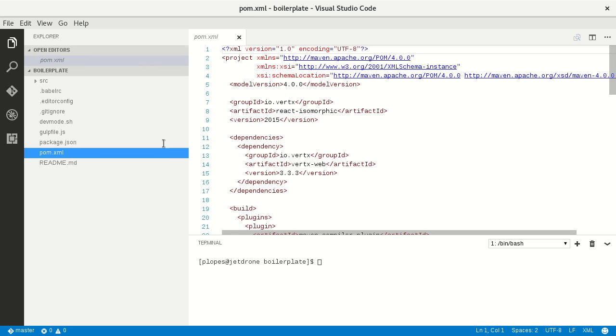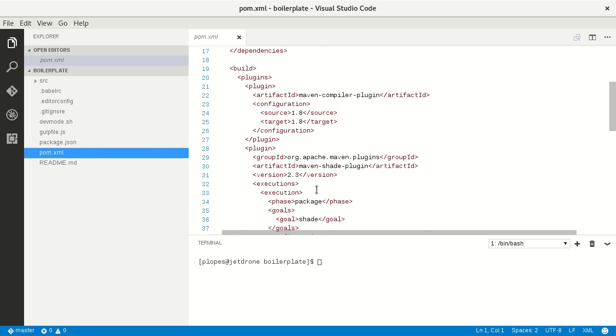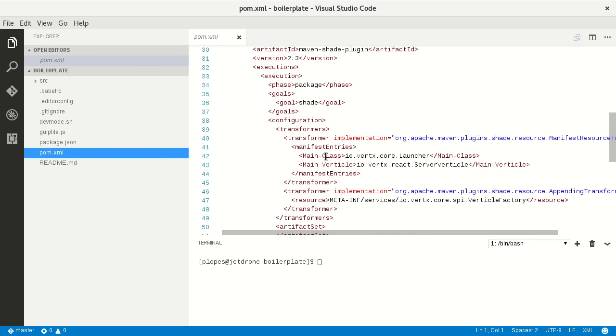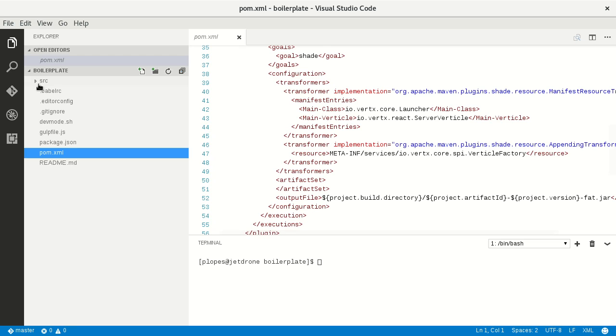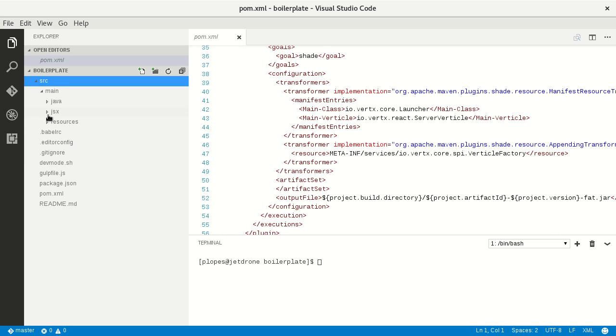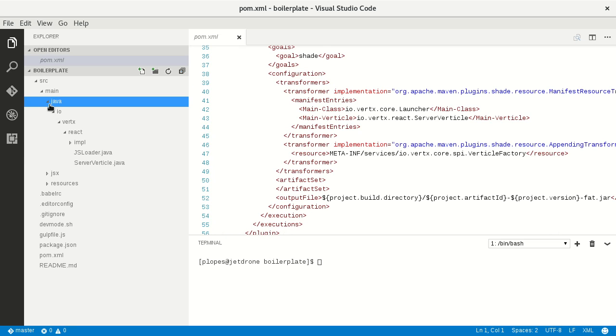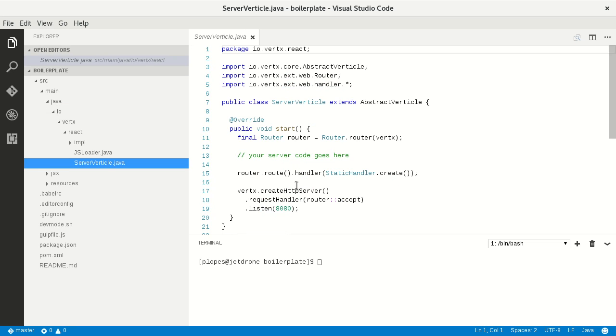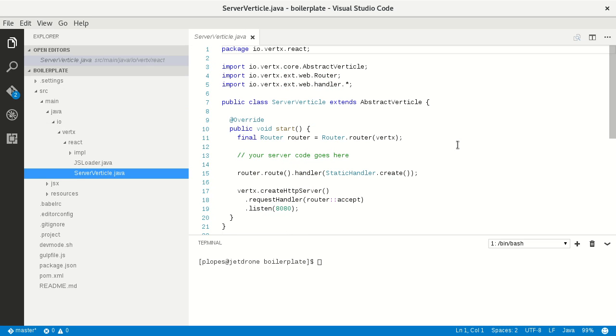And a Maven POM file where basically I just have a preset the dependency on Vert.x web and the Maven shade plugin, so I can have a fat jar. And in terms of code, I have here a server, which is just an empty piece of code that only starts a web server,